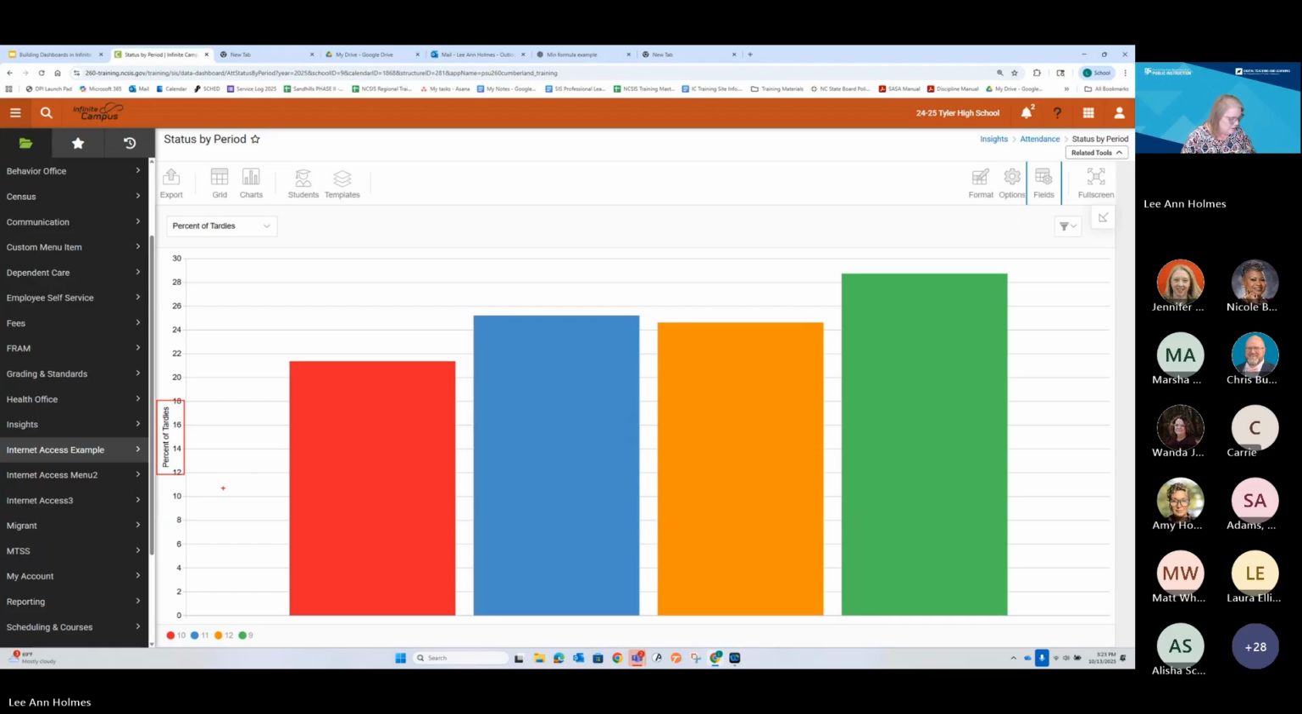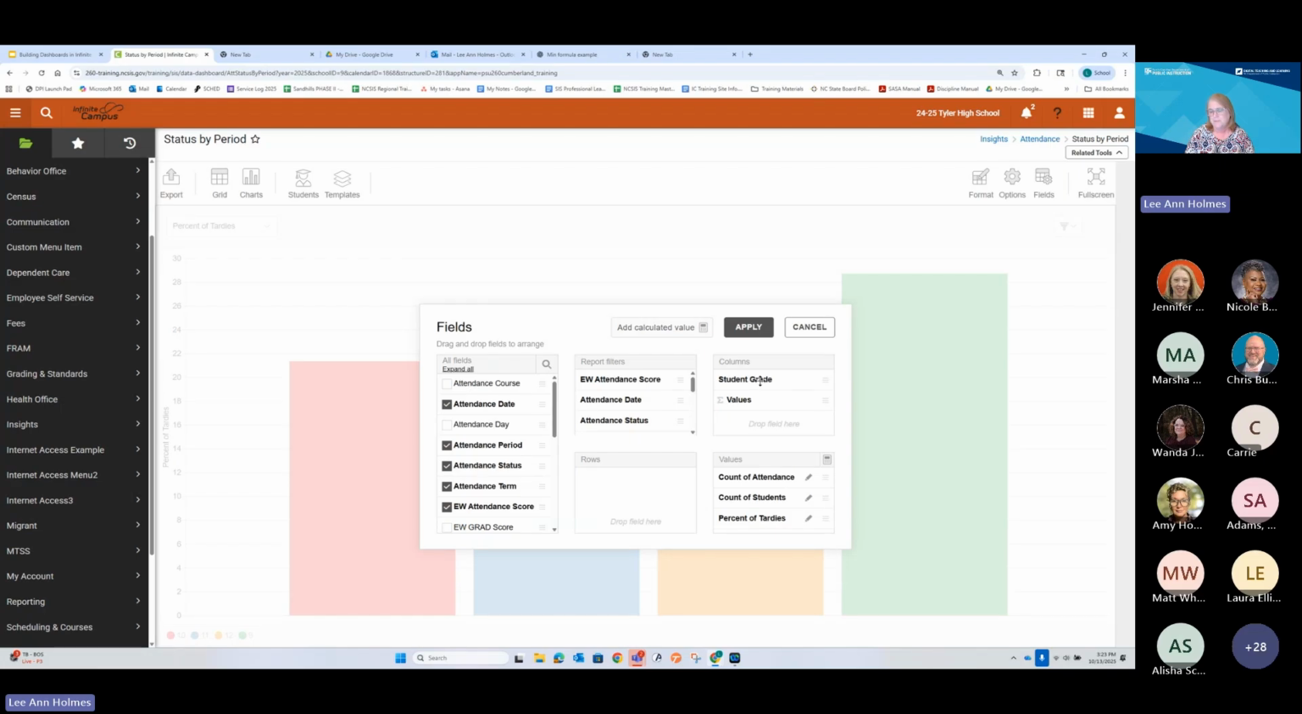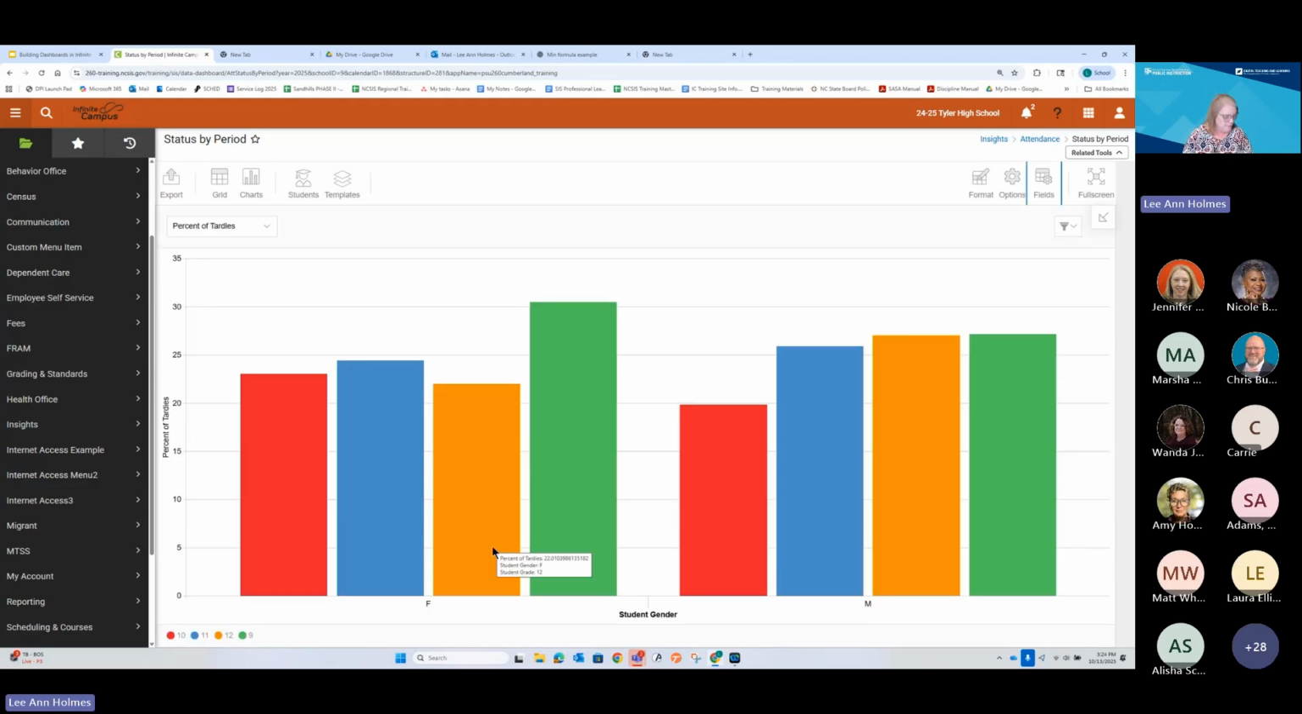Now, what if I wanted to aggregate this by gender? I want to know the percent of tardies by grade level and by gender. Okay, so that is simple. I've got it already on percent, but I want to change it to grade level and gender. So there's my grade. I'm just going to take gender and add gender here under the rows and click apply. Now, that's really not the way that I want to see it. I don't want male and female. I want to actually see them side by side on the grade level because I want to see which grade level